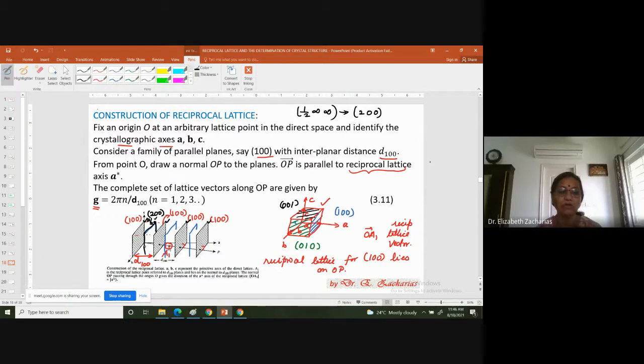So now I have some 7 planes which I've shown in my picture. They all belong to a family called 2, 0, 0. What is the difference between 1, 0, 0 and 2, 0, 0? Anyone? It is half the distance. Yes, D200 is the gap between the planes now, and it is half of D100. So that means this is not the same family as D100. It's a new family.